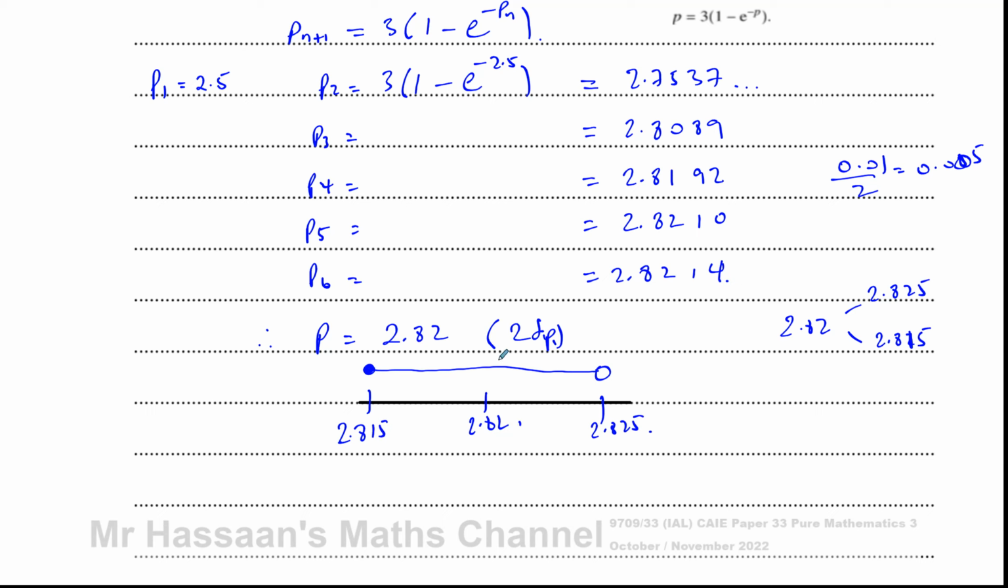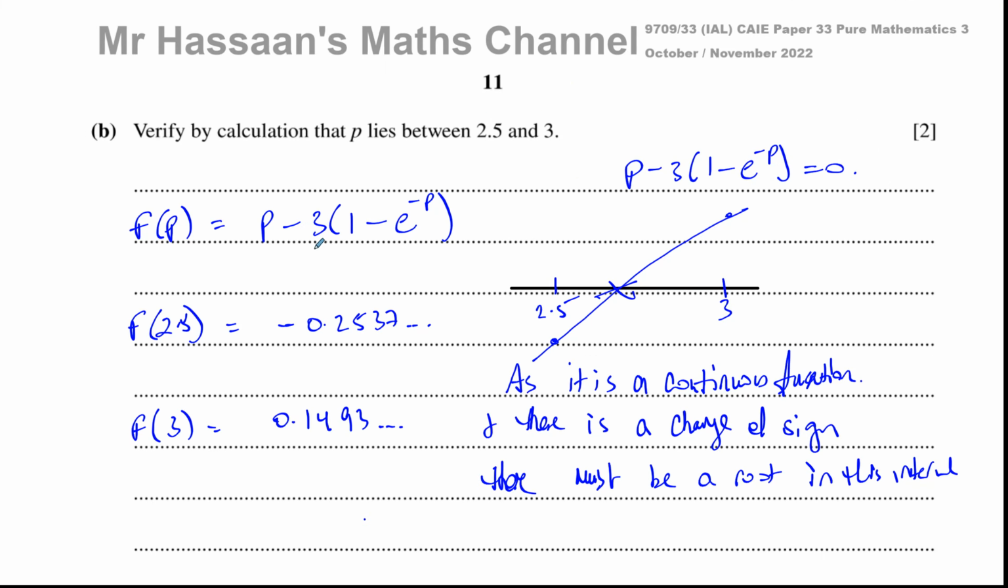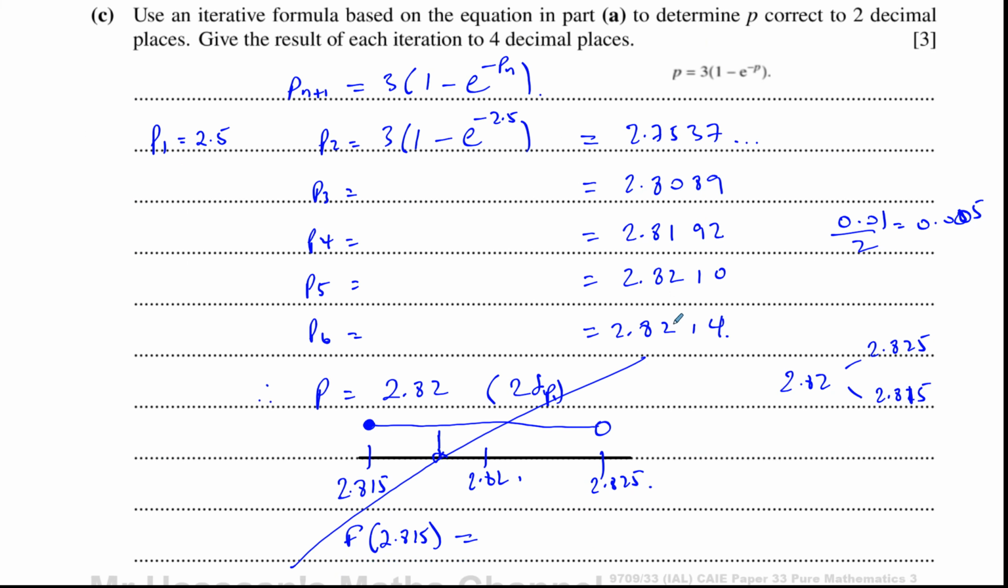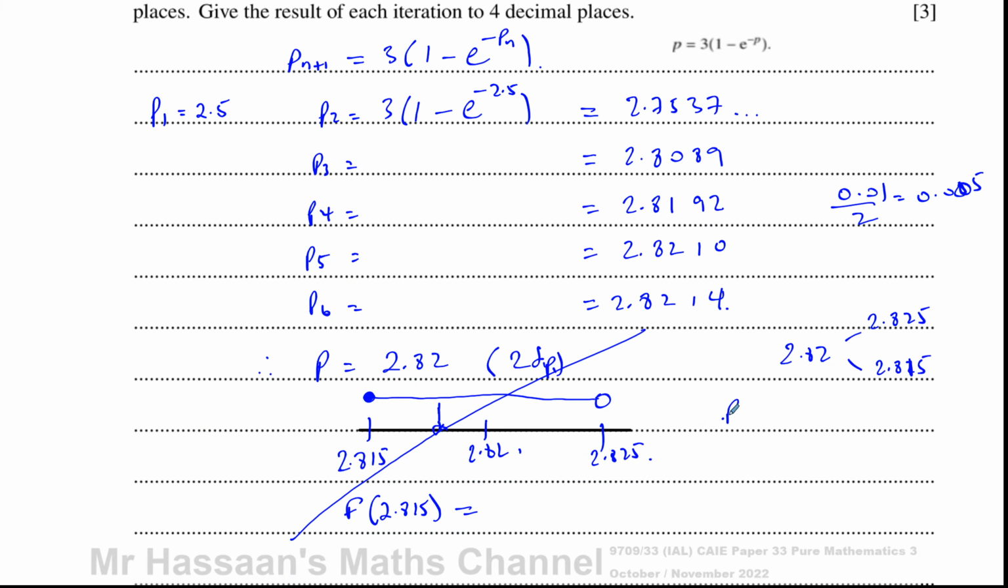So wherever it goes between these two values, whatever that number is, when you round it to 2 decimal places, it's going to become 2.82. Okay, so how do I show that that works? Well, we go back to our f(p). So we say f of 2.815 is equal to, going back to the original equation that we formed,